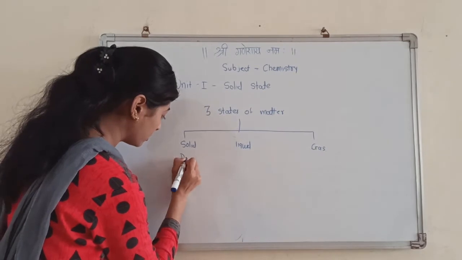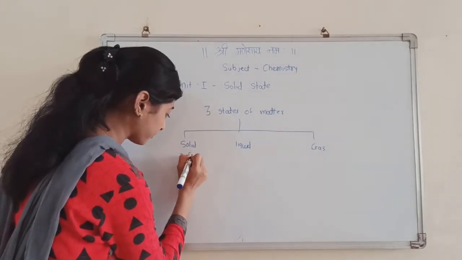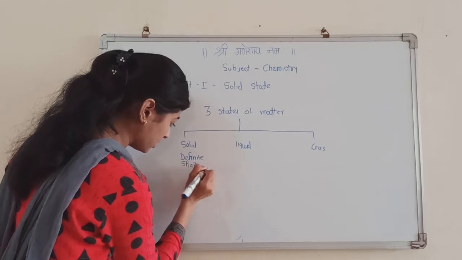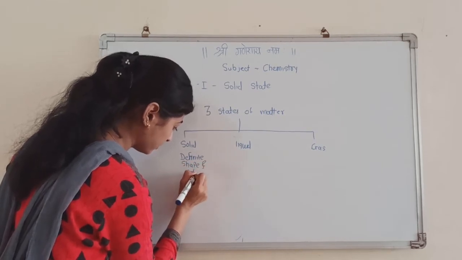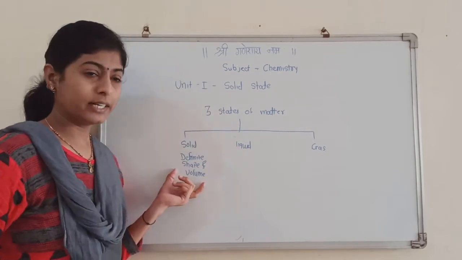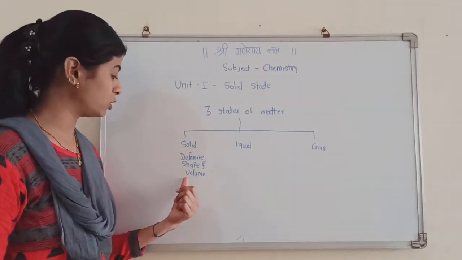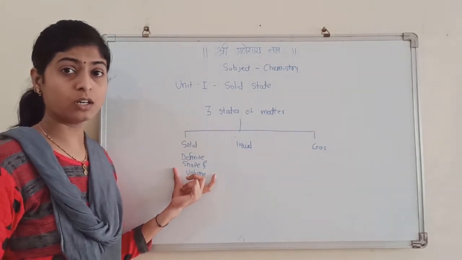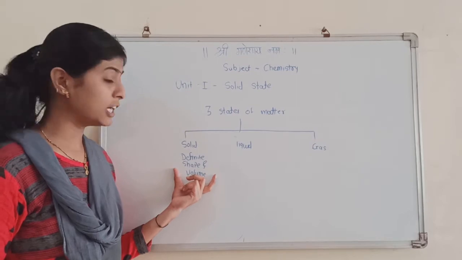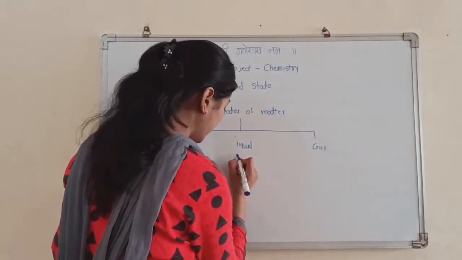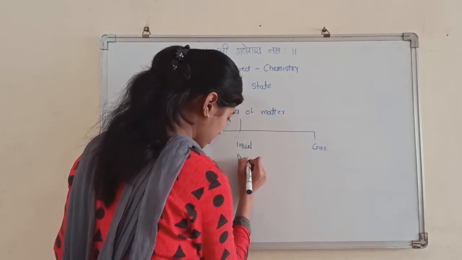Solids have definite shape and volume. For example, a table has a definite shape and volume. If we place a table from one place to another, there will be no change in its shape and its volume. Going towards liquid, it has definite volume